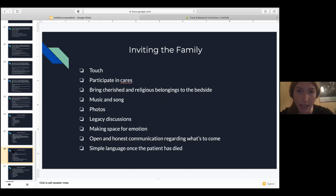And we want to invite them into this process. This is their loved one and they have the right to participate in cares. So not only do we want to let them know that it's okay to touch the patient's hand and face, but also to participate in cares, including turning, cleaning them up, getting them dressed into clothes that they would have preferred to be in,